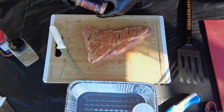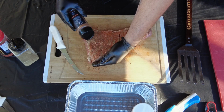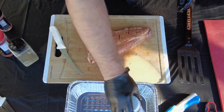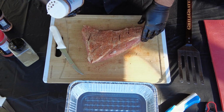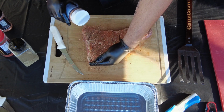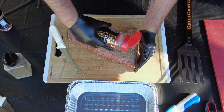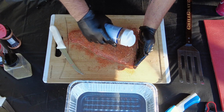Using a little bit of our Smoke Mafia from Rub City. This stuff is really good. Really has that smoky flavor in it and definitely helps with tenderizing the meat. And to finish it off, we have our California Cattleman's Grill Tri-Tip. This seasoning is definitely really good. Then for the top, start over again with our jalapeno rub, next to Yardbird, Smoke Mafia from Rub City, and Cattleman's. I'm gonna press it in,